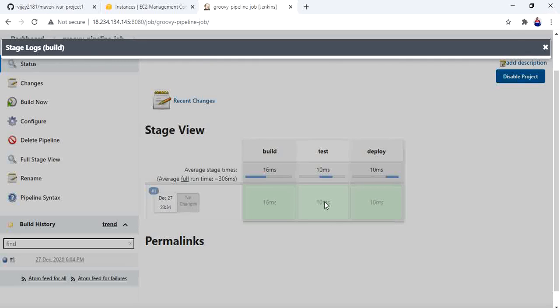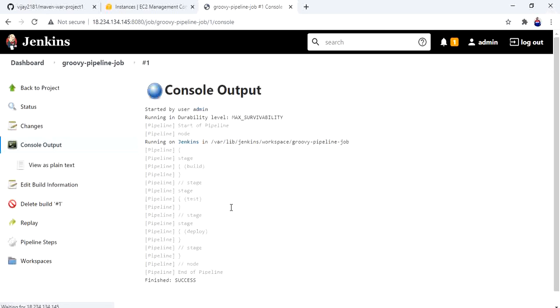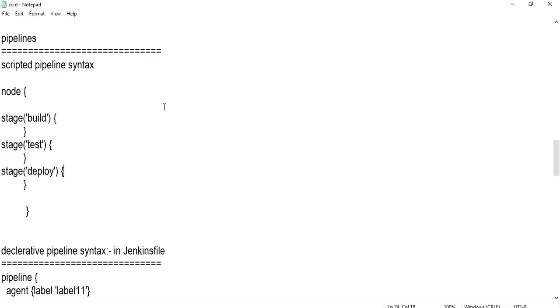Here build stage, test, deploy. You can go to console and check. Okay, this is about the scripted pipeline syntax.